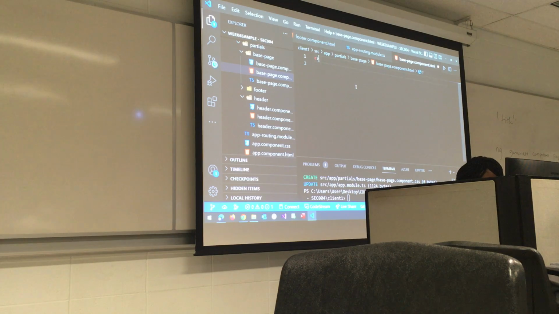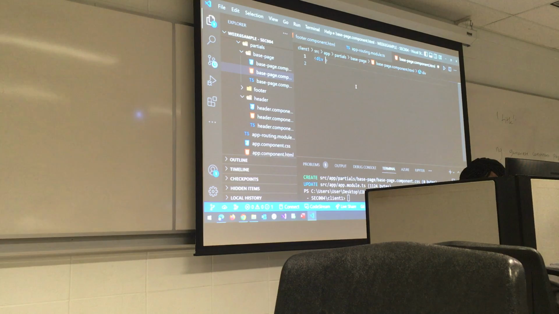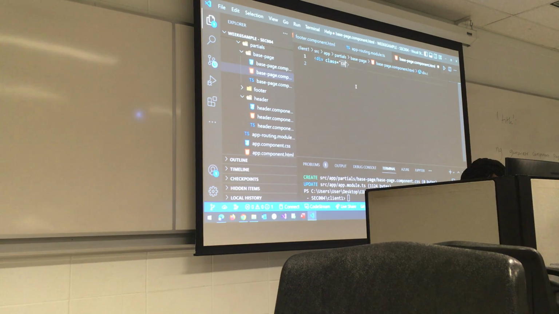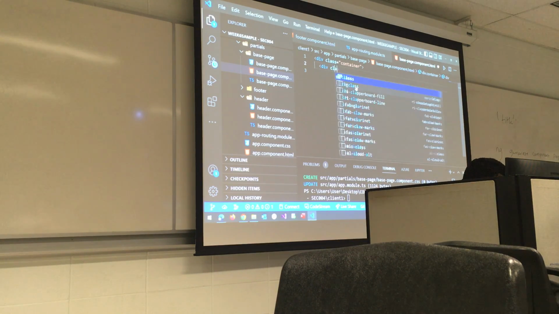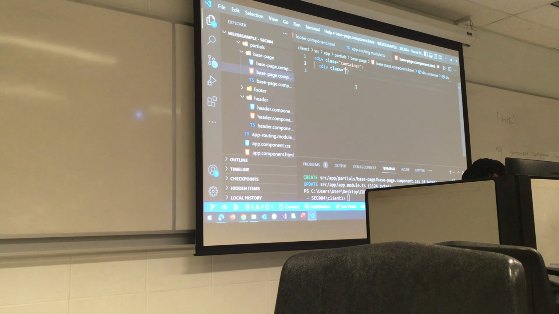So I will create a div element with a class called container. After that, we'll create a div element with class equals jumbotron.